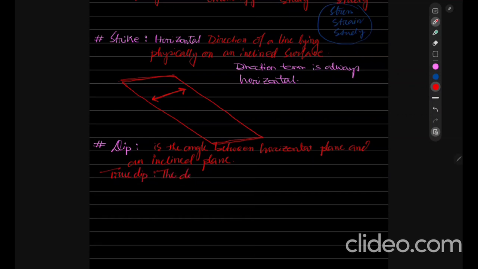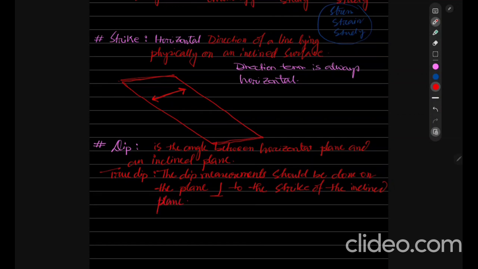the dip measurement should be done on the plane perpendicular to the strike of the inclined plane. The true dip measurement should be done on the plane perpendicular to the strike of the inclined plane. So what is this plane called? This plane is called as the